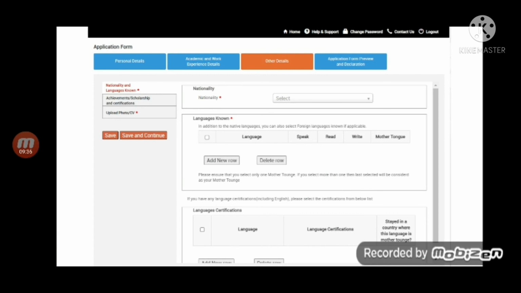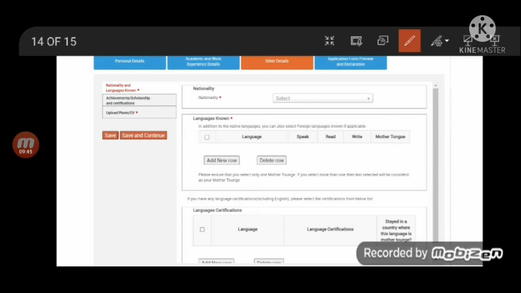Then there are other details where you have to upload your achievements, scholarships, certifications, and upload your photo or CV. So this is also important. If anybody needs any guidance related to your resume or your interview preparation, after this NQT we are also planning personal interview guidance sessions and personal resume preparation sessions. We also are planning mock interview sessions, so do not forget to subscribe to our channel because that will help you a lot. We will tell you how to clear this written test and interview.